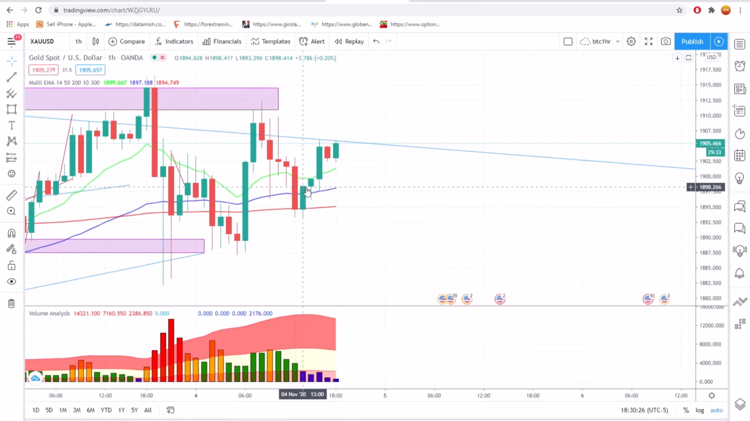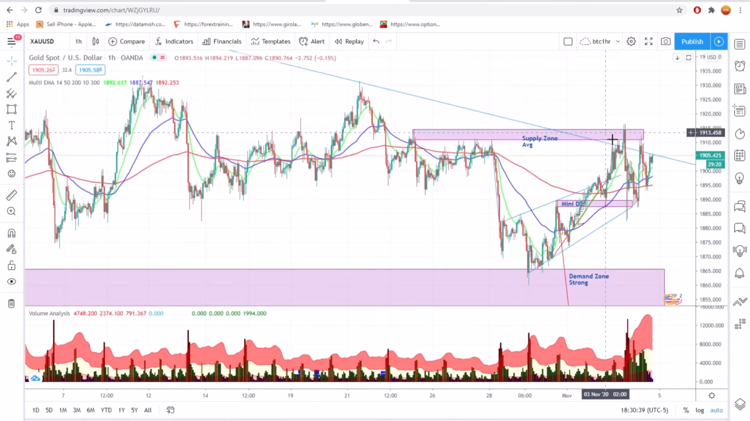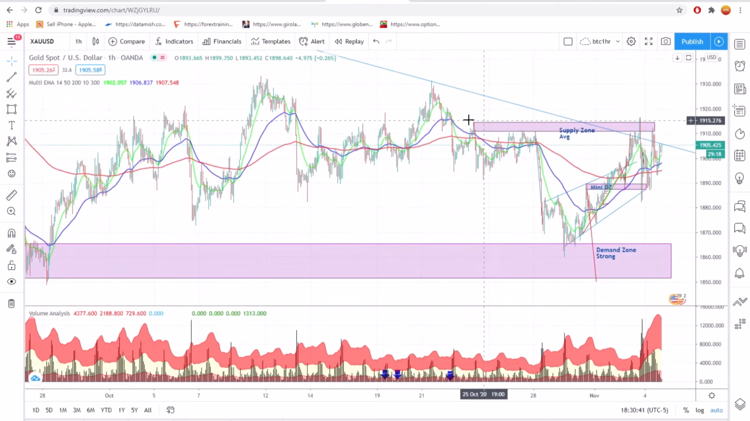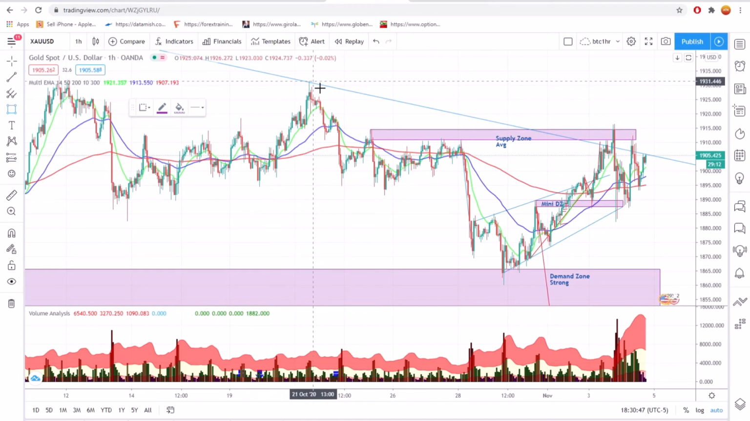bulls buying the close, buy the close, buy the close. Right here, indecision, buy the close. We're getting push-ups. Let's see what's going to happen. After this level right here, the next level I would look for is this. So let's draw it out. We've got to look from right here